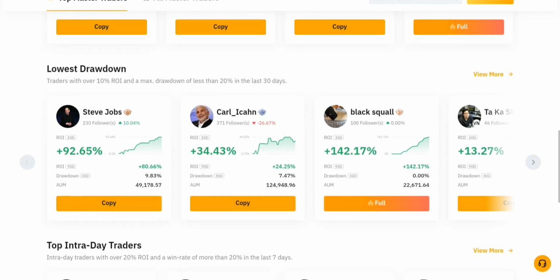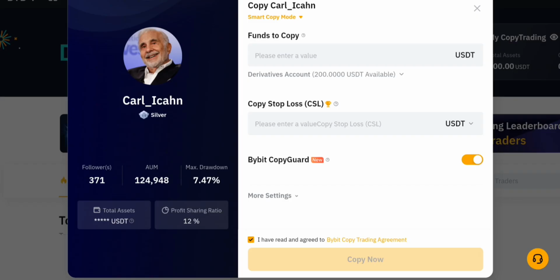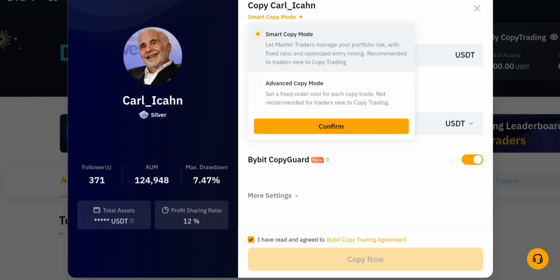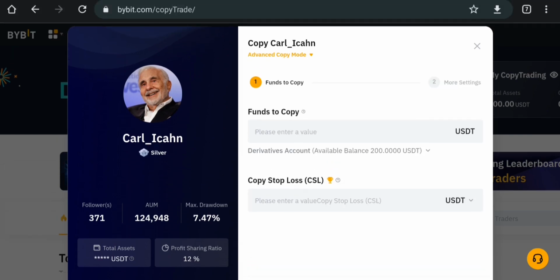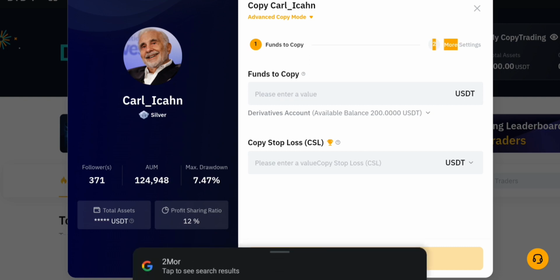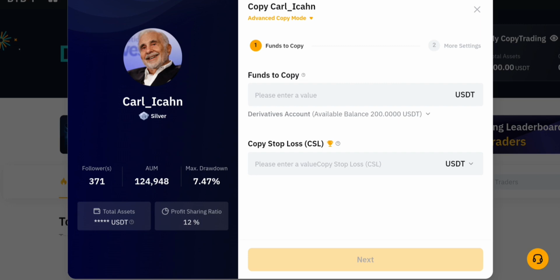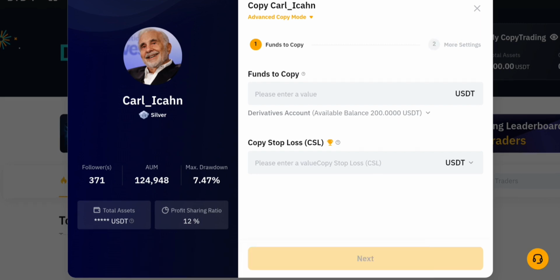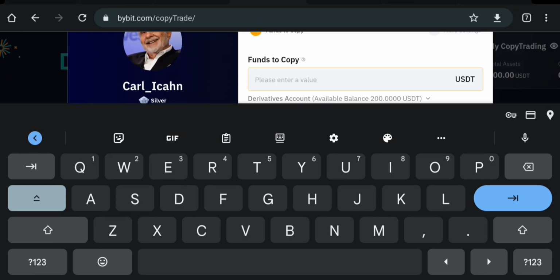Let's say I want to copy someone else now. Let's say I want to copy this guy. I'll just click on copy, and you can see it says smart copy mode. I'll change this to advanced copy mode and click on confirm. I'll do the same thing which I did before. I can move it to more settings, and after putting all the values, let's say I want to